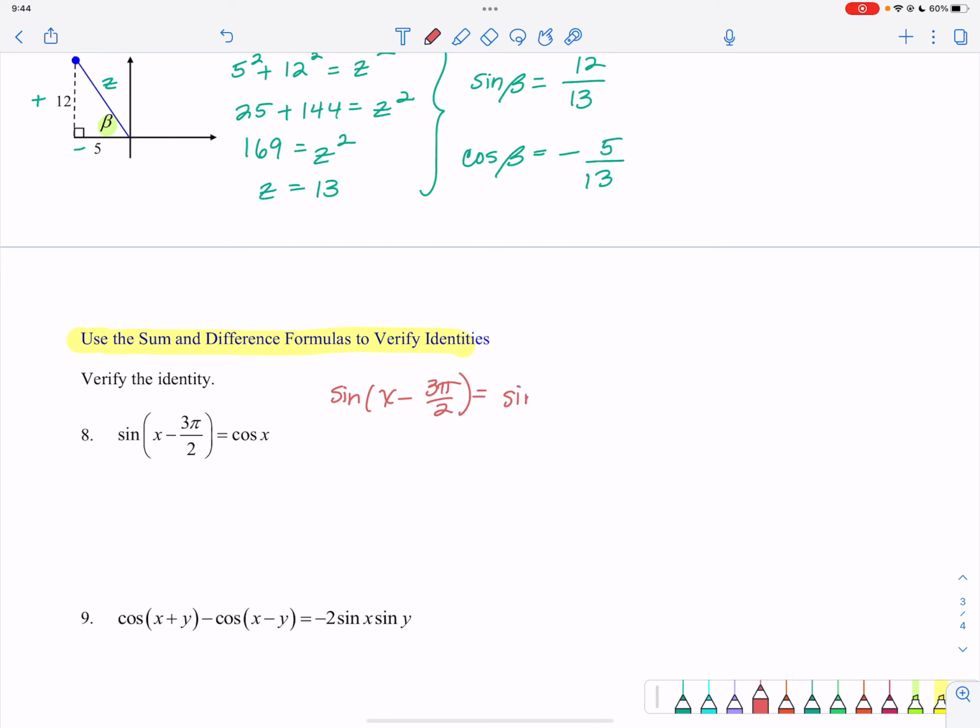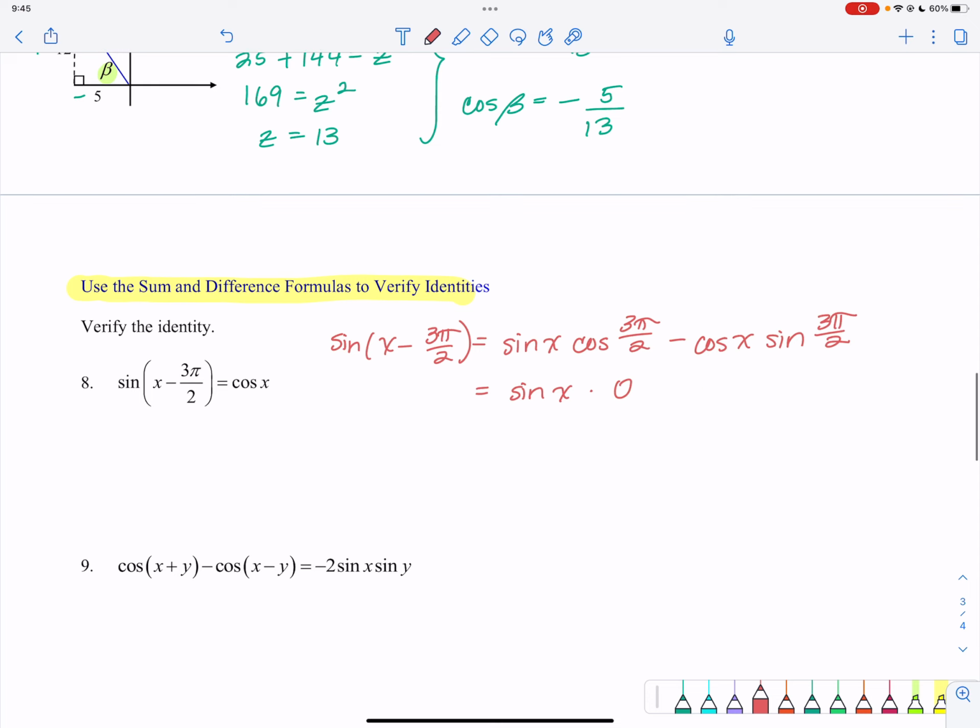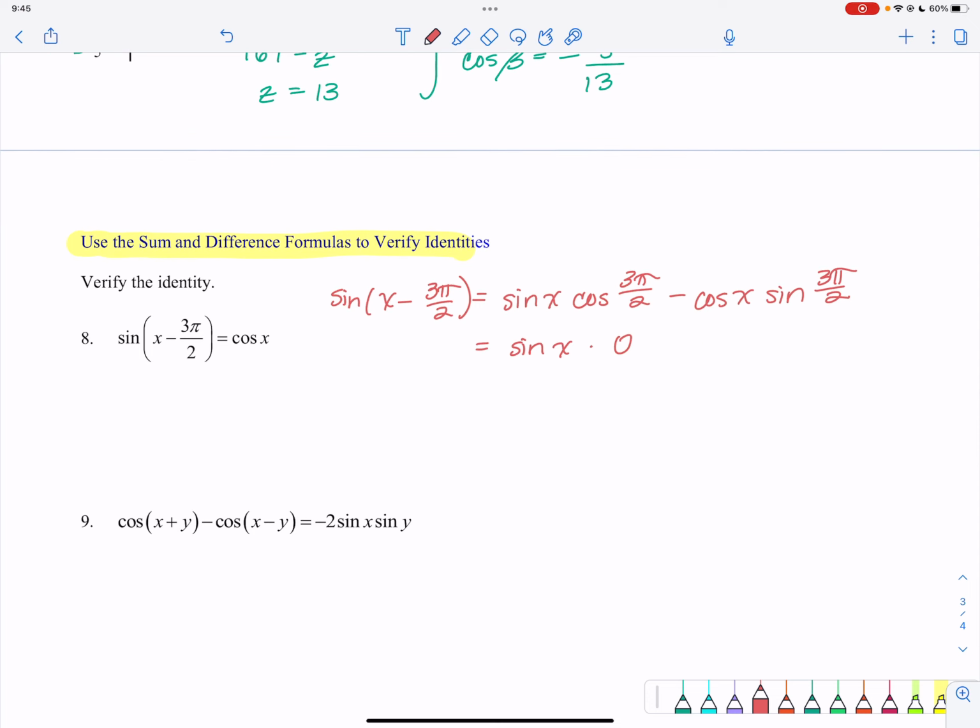We'll have the sine of x multiplied by the cosine of our other angle, 3 pi over 2, minus the cosine of x multiplied by the sine of 3 pi over 2. And that's equal to the sine of x multiplied by 0, since the cosine of 3 pi over 2 is 0, minus negative 1 multiplied by, and I can put the cosine of